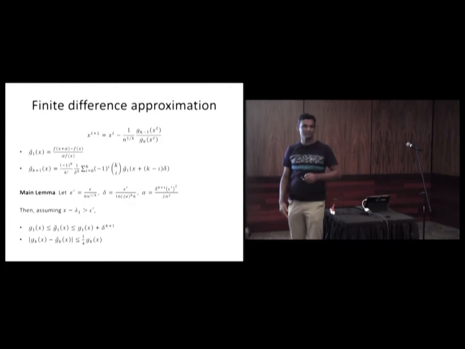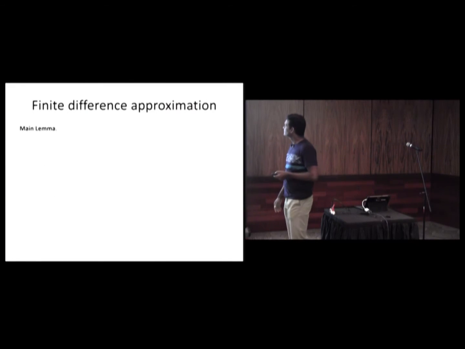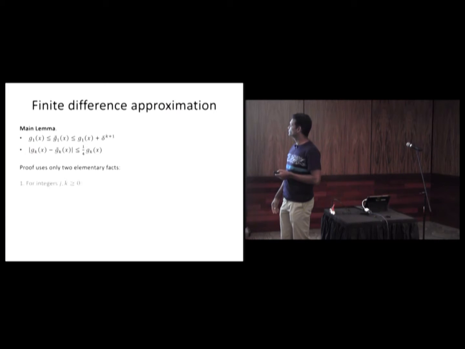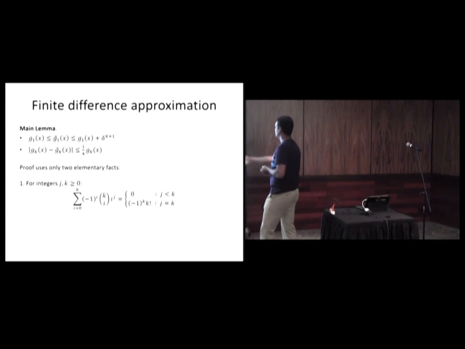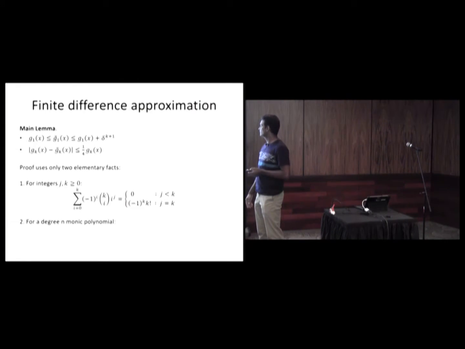But since we have time. Okay, so that was the main lemma, the conclusions of the main lemma. And these are the 2 facts we're going to use. The first is something about an identity about integers. And the second is